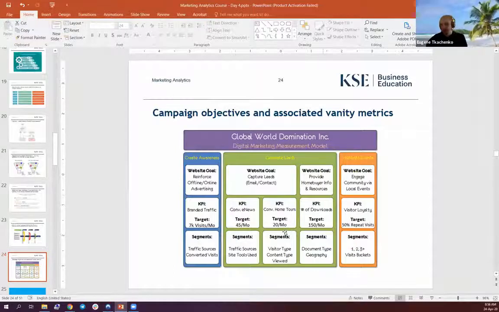rate, for example. And the segments you'll most likely be using in your targeting or in your measurement frameworks or infrastructures would be, for example, segments related to traffic sources, segments related to visitor types, or segments related to geographical locations, or the type of documents you used for ebooks, PDF versus PPT versus just infographics, just to give you a bit of a sense of things to think of. Yeah, it's basically the last slide for this section.